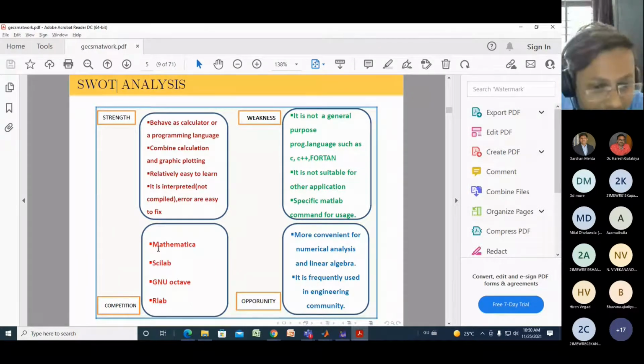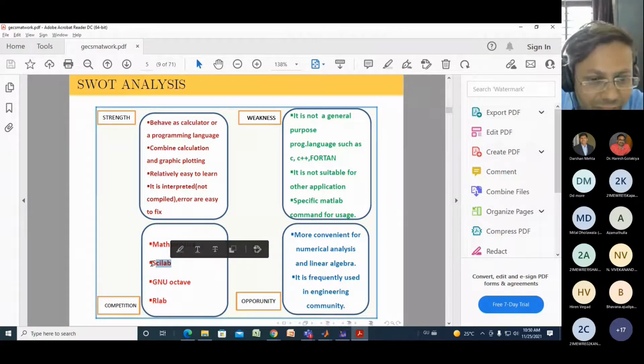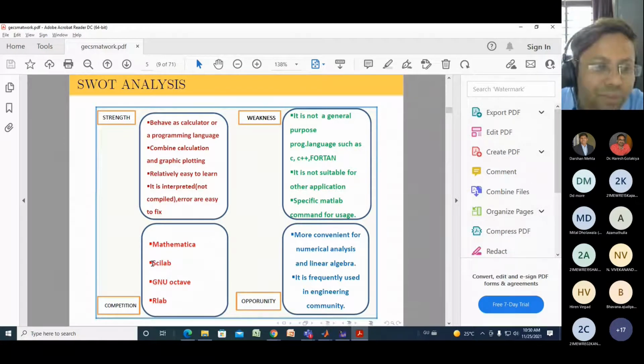Besides MATLAB, we have another tool, Mathematica. Mathematica is also used for numerical analysis and solving linear algebra. Another software similar to MATLAB is Scilab. Why is Scilab used nowadays? Because it is open source and freely available, and similar syntax is available in Scilab also.